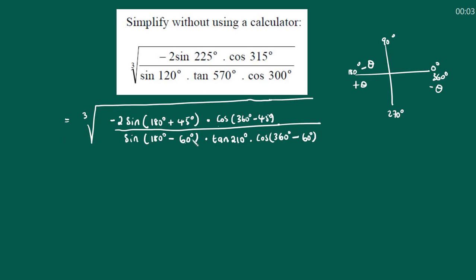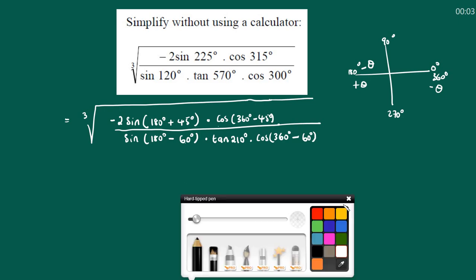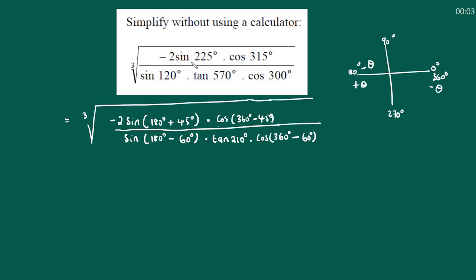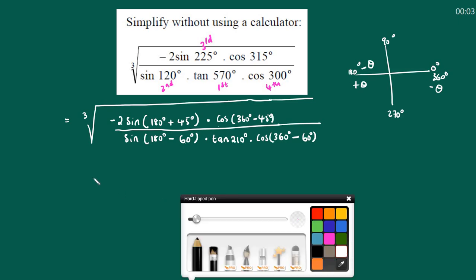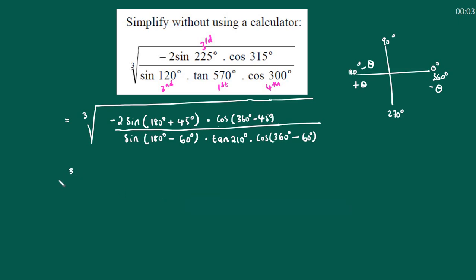And then now that it's like this, good people, already identify the quadrants first. In fact, it's what we missed. We must have started with it, but I already did it manually. But you must identify the quadrants. Sine 225, remember, we're saying it's in the third quadrant. This one we said it's in the second quadrant. This one we said it is in the first because it's bigger than 360. And then this one is in the fourth quadrant. Great. Then we can simplify and say